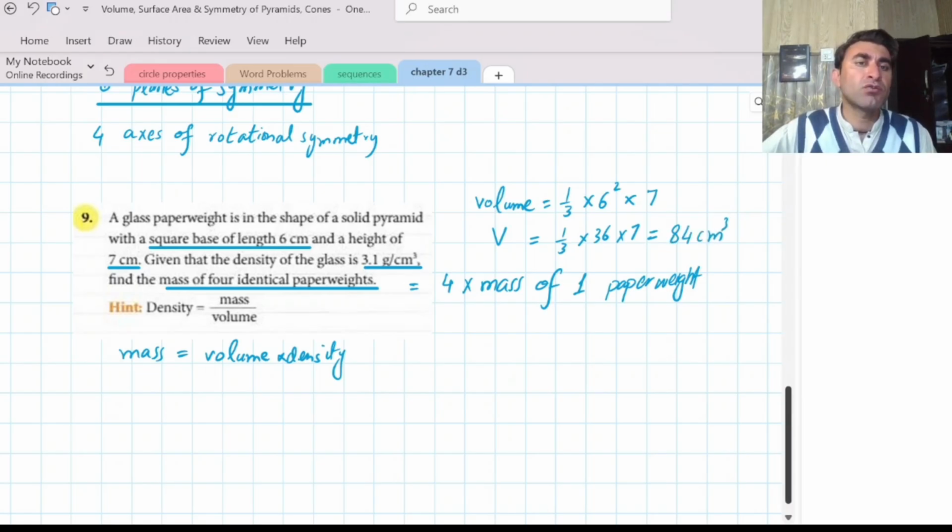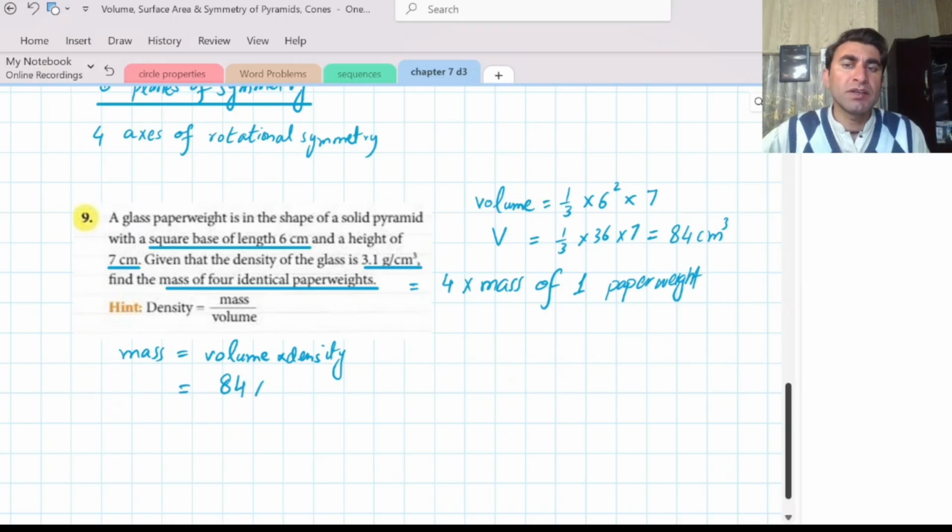So that is the volume of one paperweight. So what will be the mass of one paperweight? It will be 84 multiplied by 3.1 grams per centimeter cube. So that will be the mass in grams. 84 times 3.1 equals